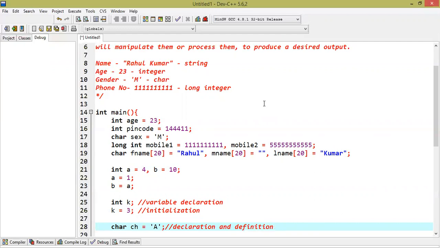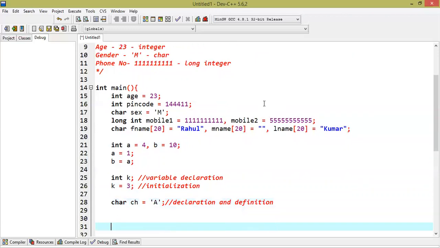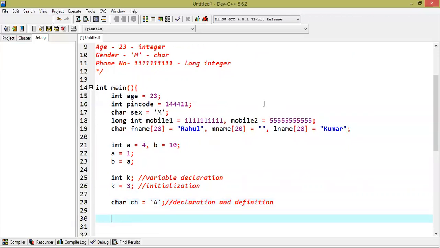Okay. Similarly, like mathematics, you can also initialize a variable through an expression, a mathematical expression. Let's see an example of this. Suppose we need to play with real numbers. Suppose float interest. You want to calculate interest for a certain time period on a certain principal value.